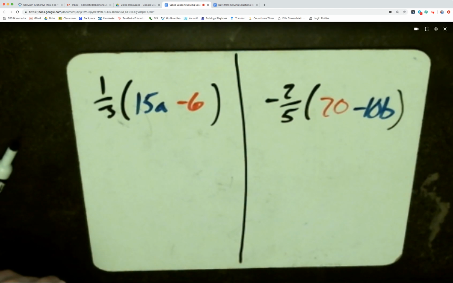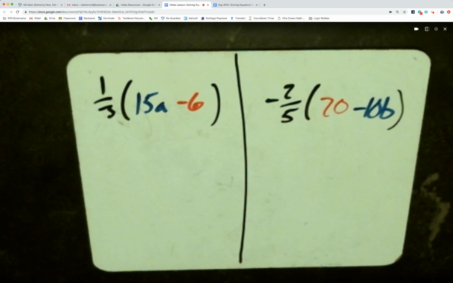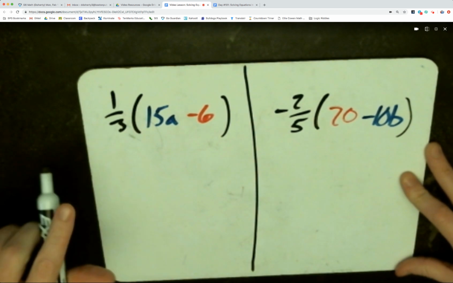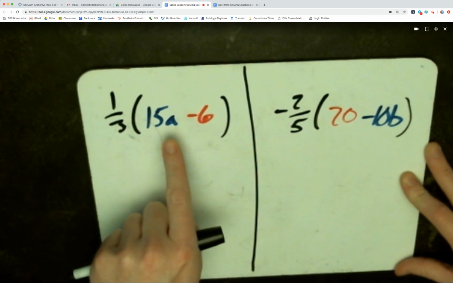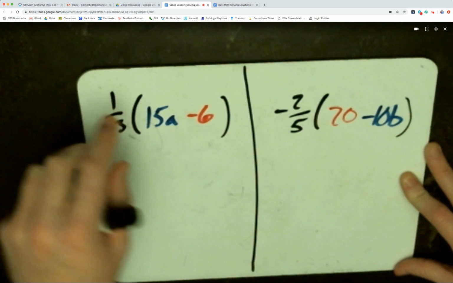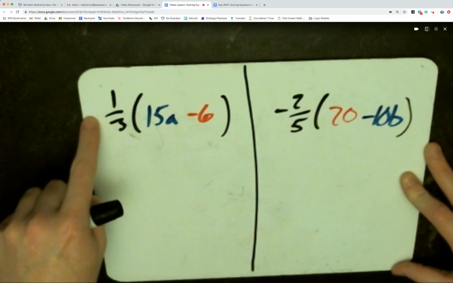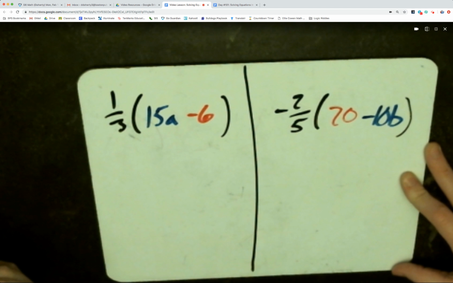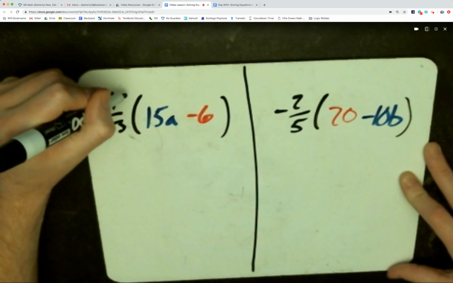Welcome back. I'm going to full screen my whiteboard. So hopefully we understand to take an expression that's in factored form. 15a, a variable term, and -6 cannot be combined, but we factored out the term 1/3 from both of them. So we could distribute that back in. We could multiply